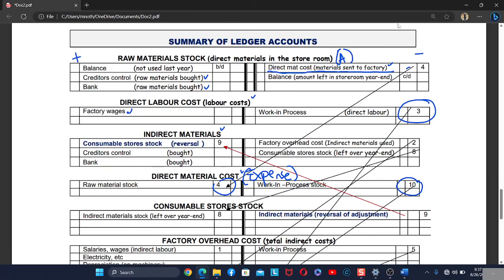Okay, and then we have the indirect material. Now, what is the indirect material? I've already explained this one, right? We know that this one is an expense. You can see here it is written consumable stores stock reversal. Now, what are we talking about? If we're talking about the consumable stores reversal, what happens is that at the end of the year, if it is found that